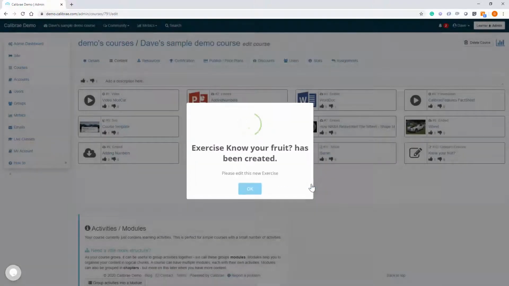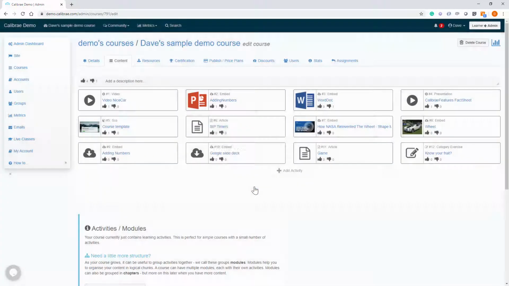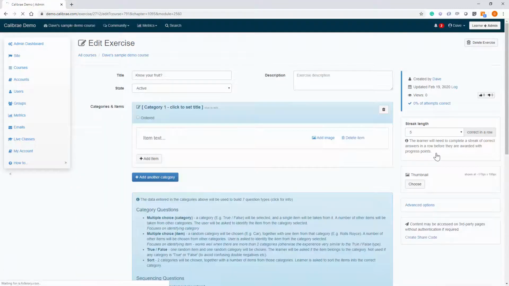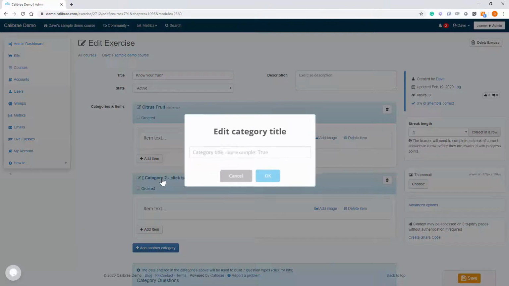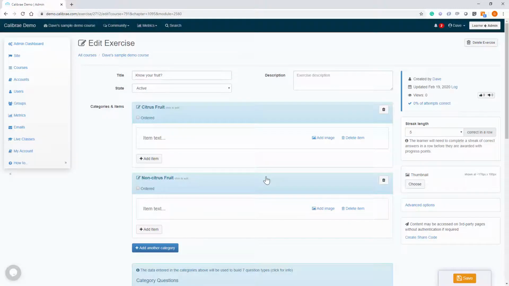Now my task as course author is not to write questions, but to add and organize data that learners will interact and reason with. For the categories exercise, we organize data as, well, categories, each category having examples of things that belong to it. I'll add a citrus fruits category and a non-citrus fruits category. The more categories, the more data you add, the more scope the engine has to deliver real variety to the